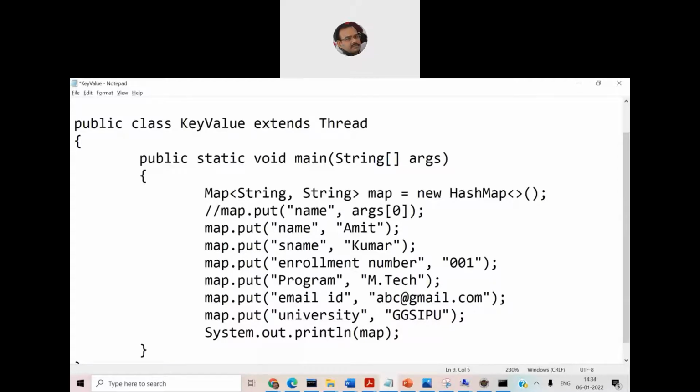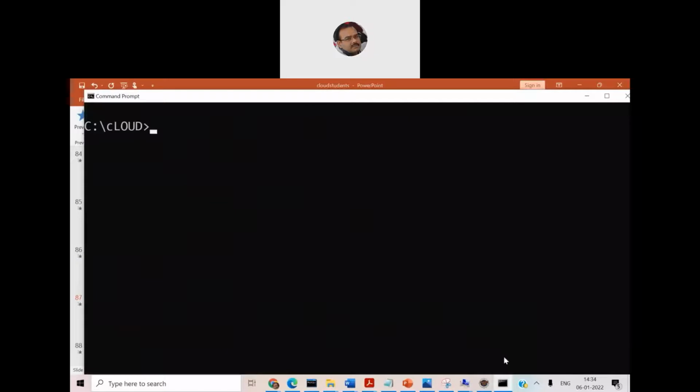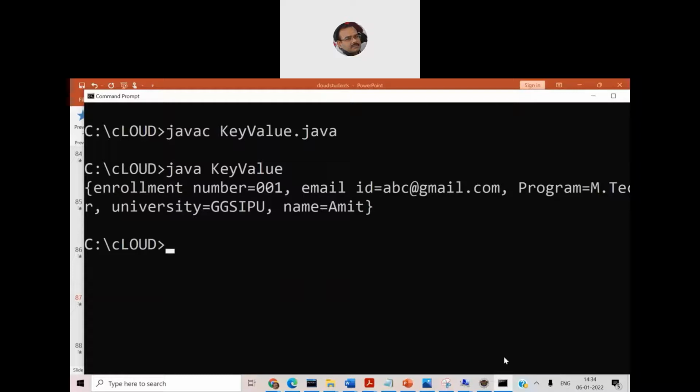So we can save the program and then let me run it. So I compile the key value program and then I run the same program, key value, and I can see here I've created, using the HashMap class, a map which is going to have the key and value pair combination.